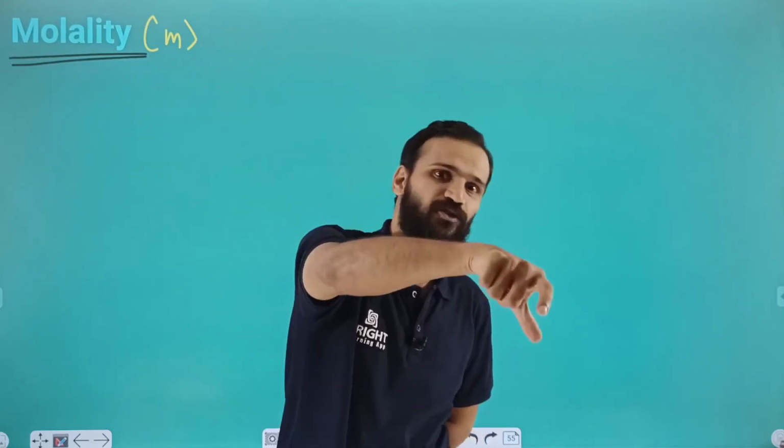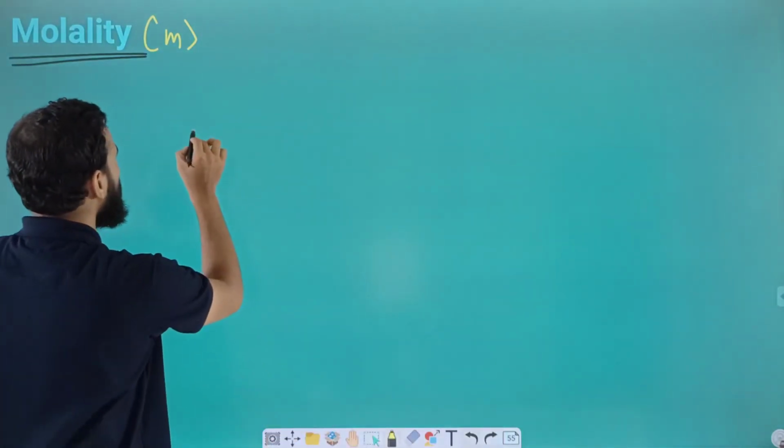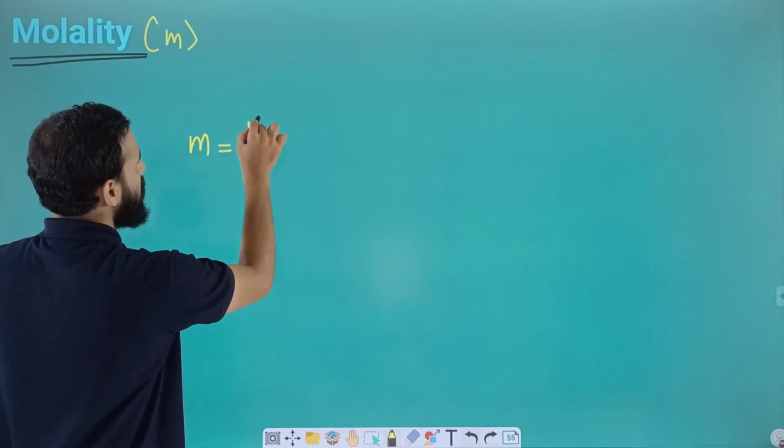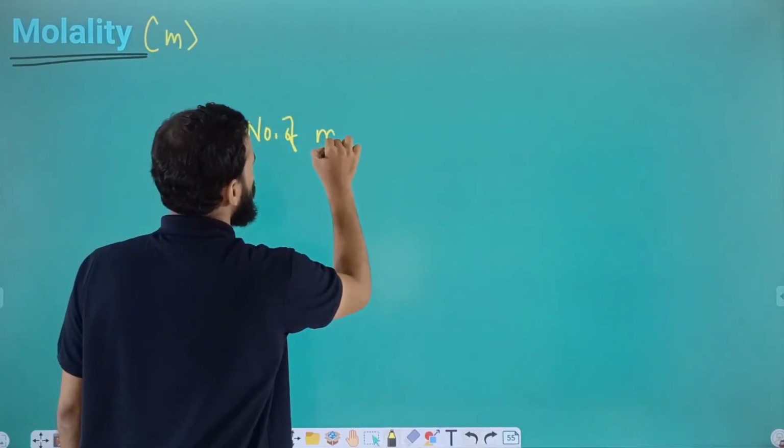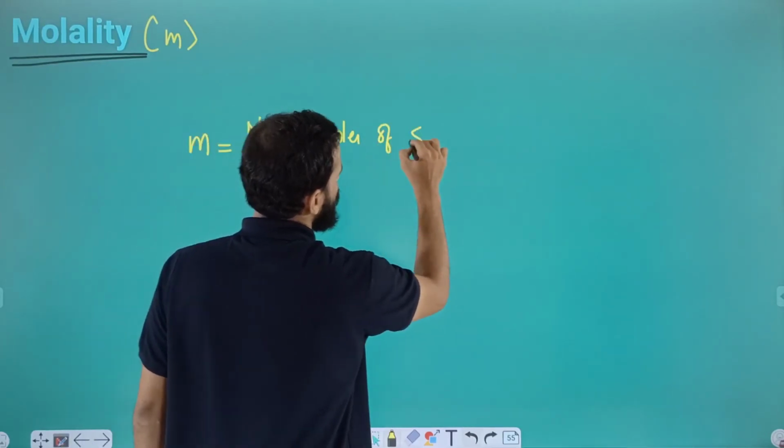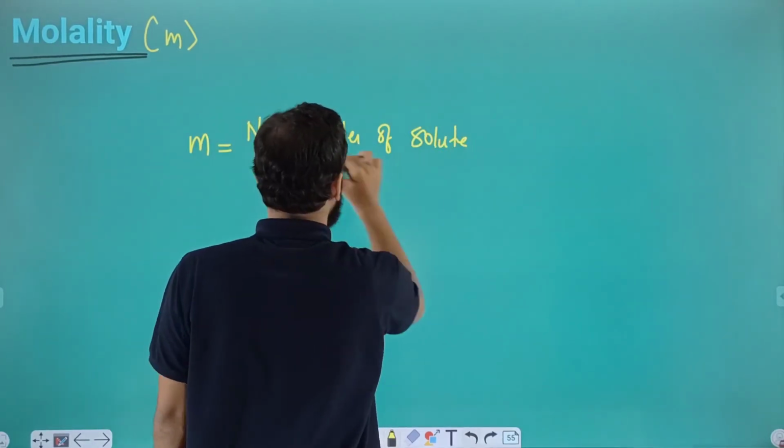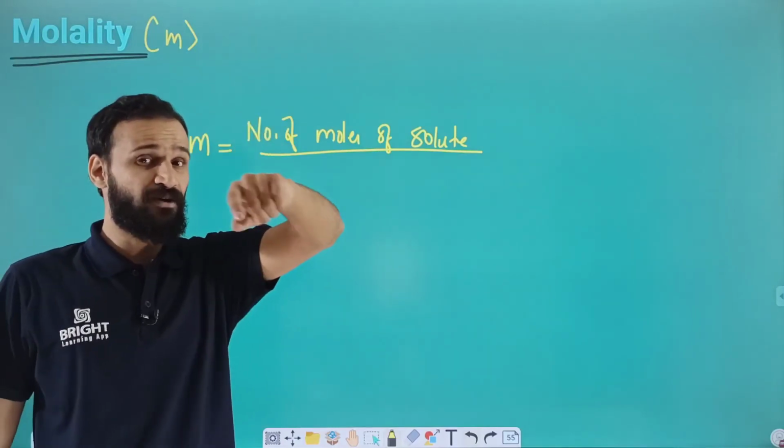In the case of molarity, the number of moles of solute is dissolved in 1 liter of solution. But in the case of molality, we dissolve the number of moles of solute in 1 kilogram of solvent, not solution. Here it is solvent, not liter, it is kilogram. So what will be the equation? Molality is equal to number of moles of solute divided by